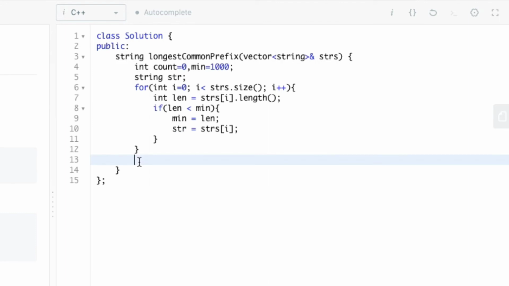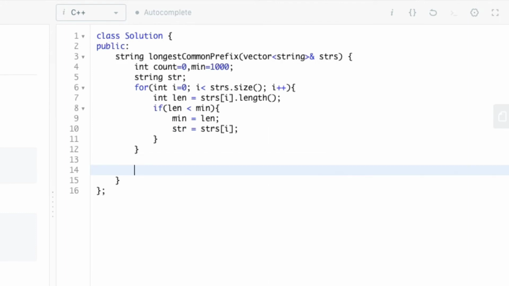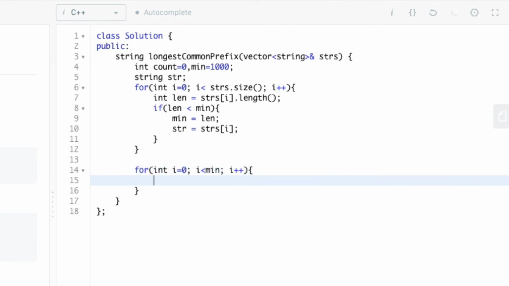So now we can apply our algorithm, which is for i equal to 0 to min, for j equal to 0 to size of the array of strings.